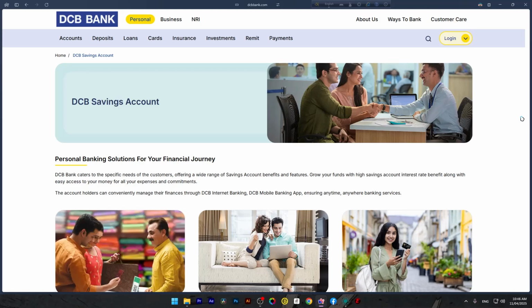You have probably heard the buzz around Neo's zero forex markup card. But do you know you can open a Neo DCB Bank account 100% online without visiting any branch and start spending globally like a pro? This is not just another savings account. The Neo DCB account is built for the modern traveler, freelancer, digital nomad, or honestly, anyone who wants more control